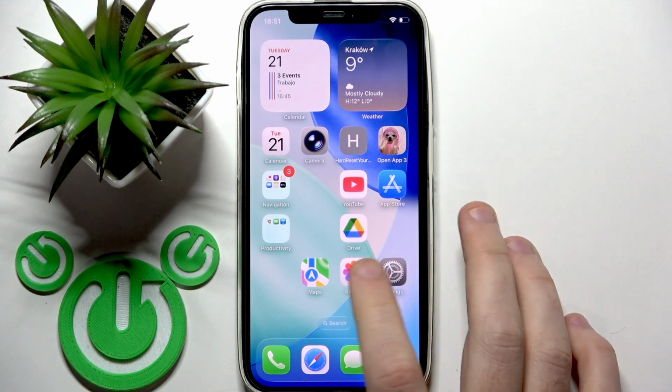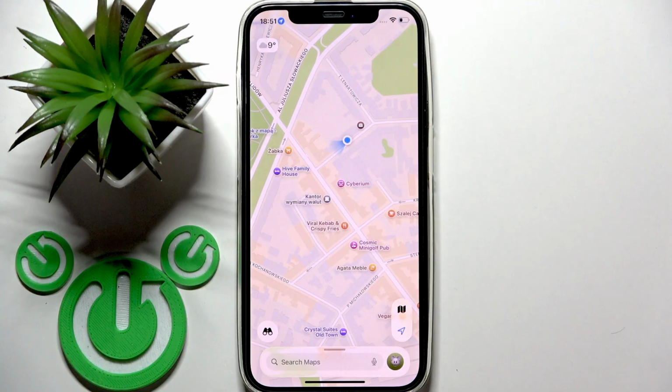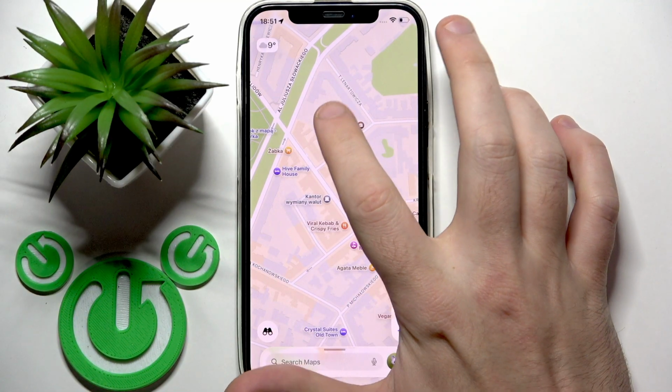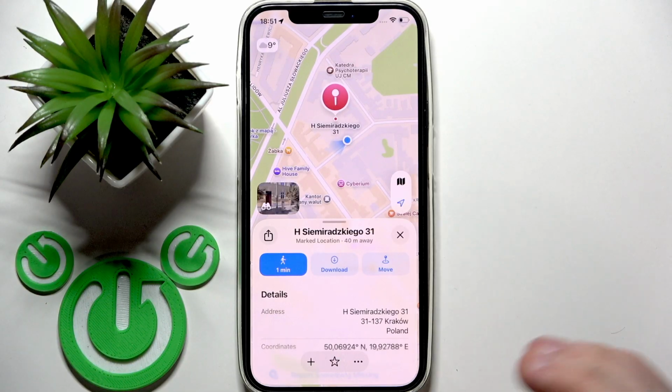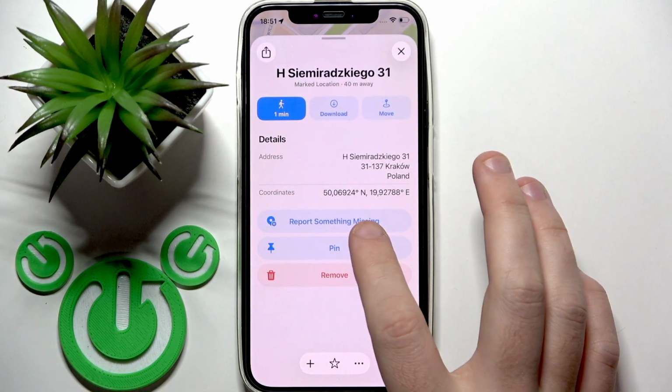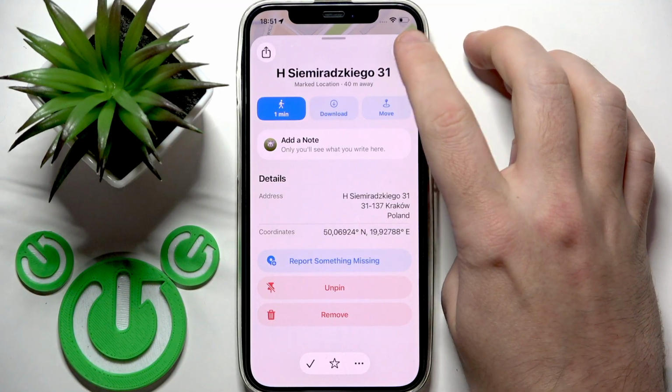You have to start by opening Apple Maps. If you have already some location pinned, click at the profile icon at the right side, but let me right now just pin some location. Let's say this one, and let's pin it. Now close it,